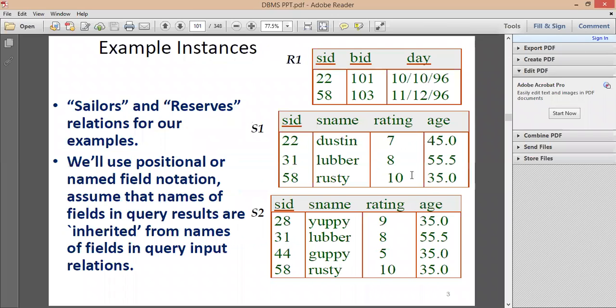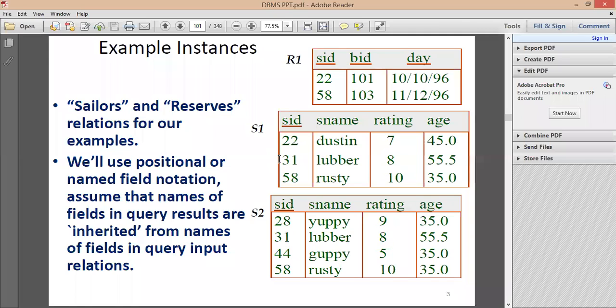Suppose I give a query: display all the details of the sailors who have a rating less than 8. Here I'm selecting the rows, all the details of the sailor who has a rating less than 8.